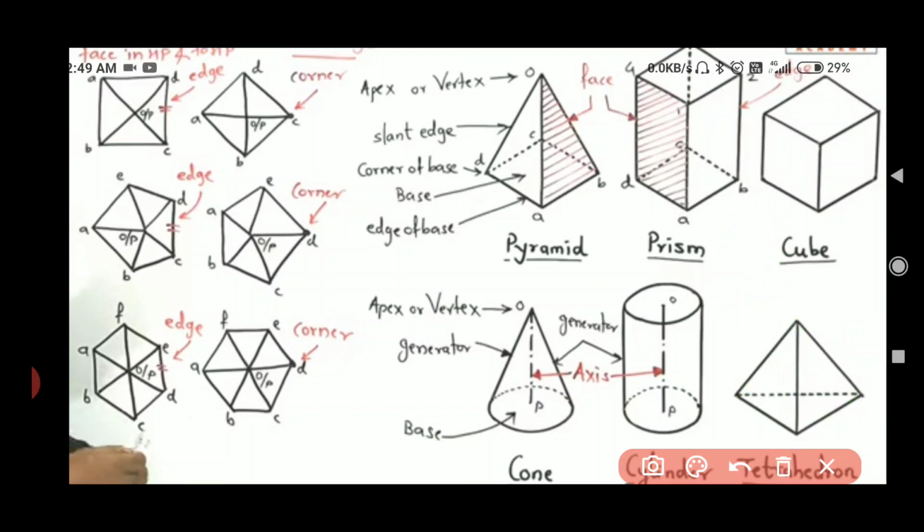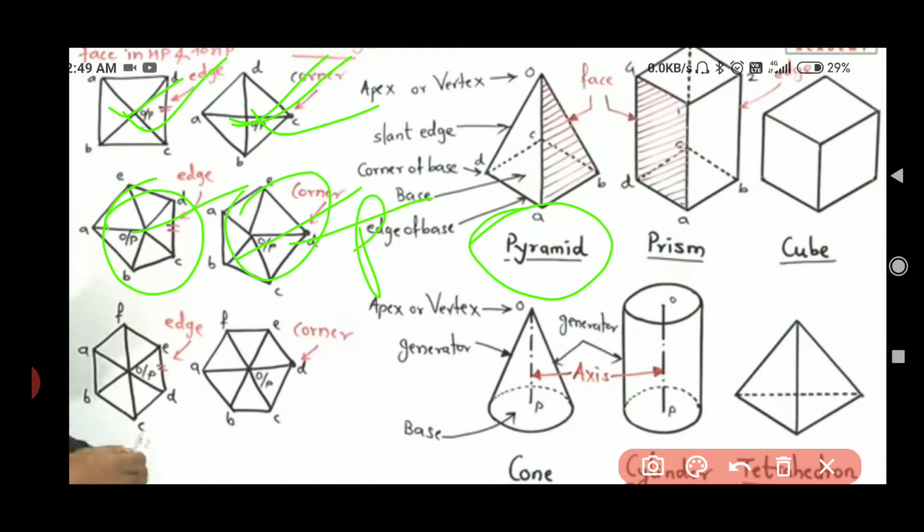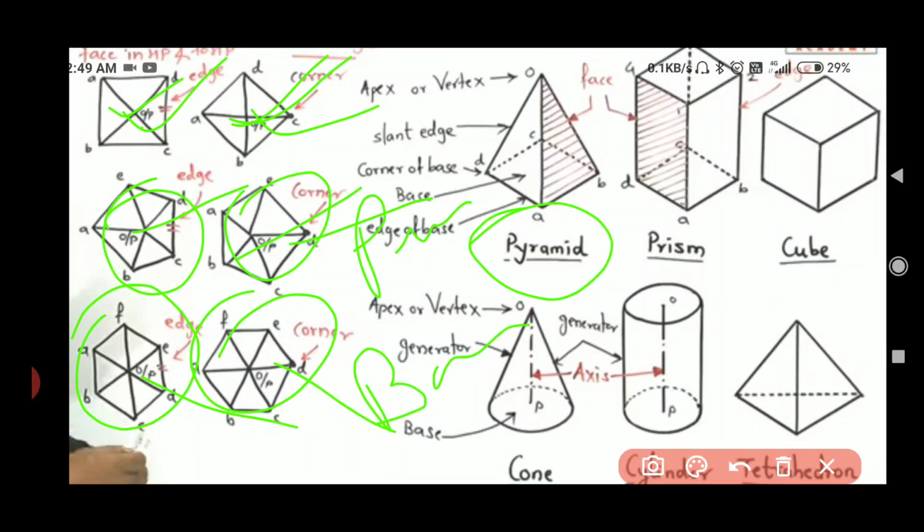Now come on to the left side figure. These are the placements of this pyramid. These are the placements of the first two. These first two are a square pyramid placement. This third and this fourth are a pentagonal pyramidal true surface placement, and these last two are hexagonal pyramid true surface placements.